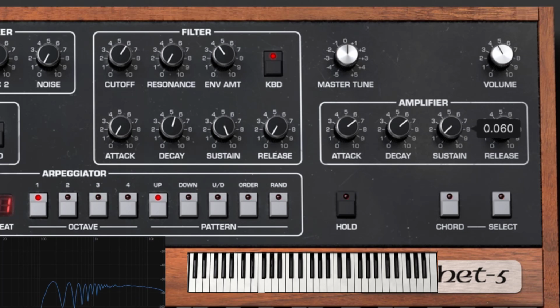If I move the sustain, we are pretty much saying that when the decay is over, the sound is going to get stuck right here if I'm holding a key. So if I do the same thing and we go down on the sustain, the sound is going to go up, it's going to go down on the decay, and then it's going to get stuck on the sustain level. I'm going to play it in 3, 2, 1. Sound goes up, goes down to the decay, and then it gets stuck because it's meeting the level of the